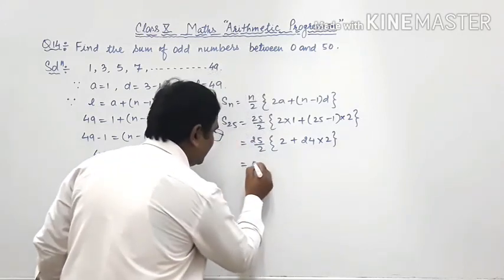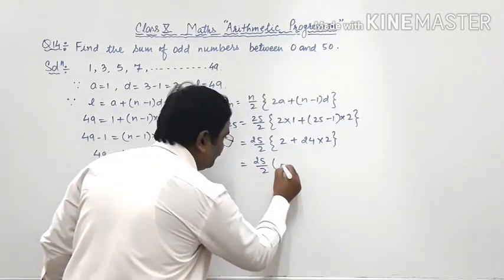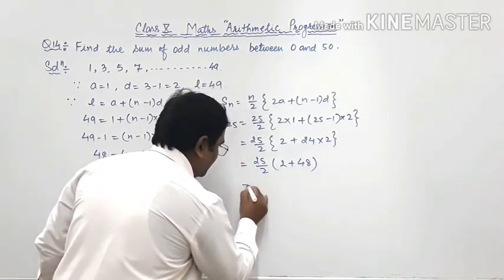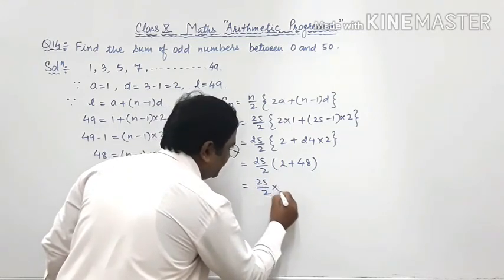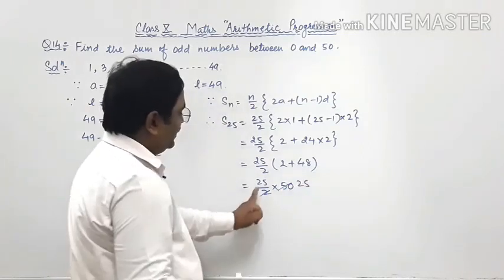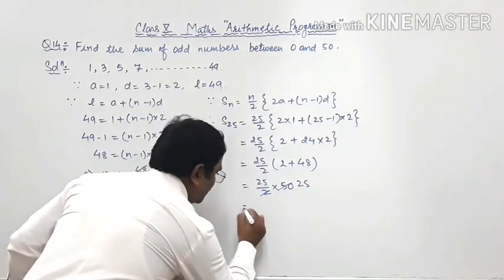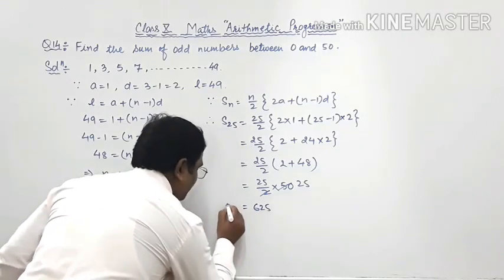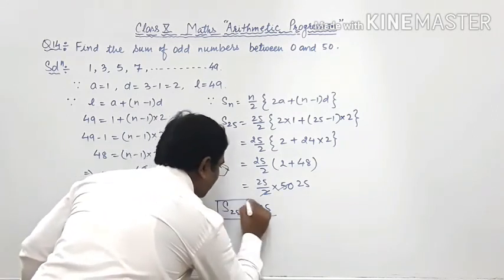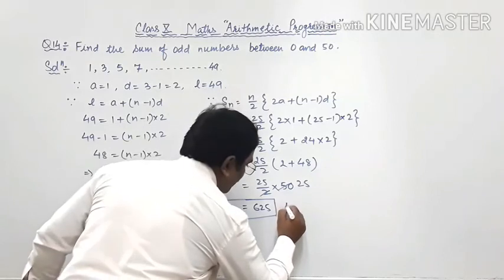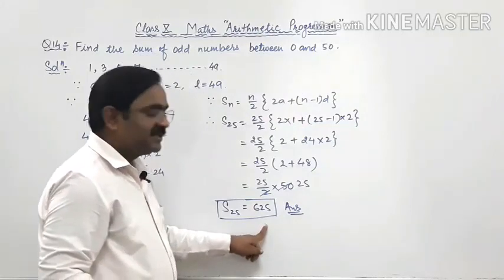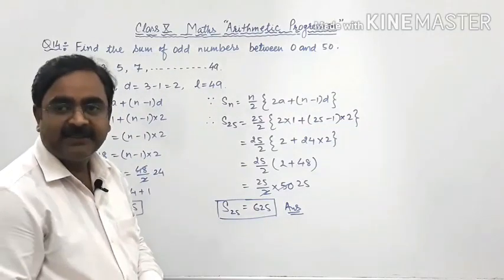Let us simplify. 25 by 2, 2 plus 24 2s are 48, 25 by 2 multiplied by 50, simplify by 2 which is 25, and 25 into 25 gives you 625, which is the value of S25, or you can say the sum of odd numbers between 0 and 50 is 625. Okay children,